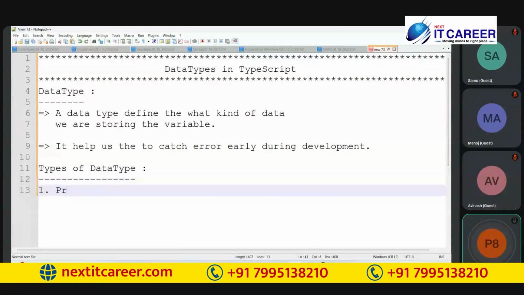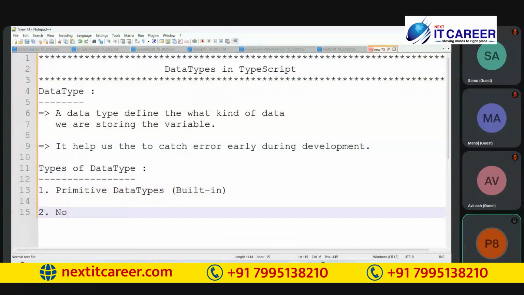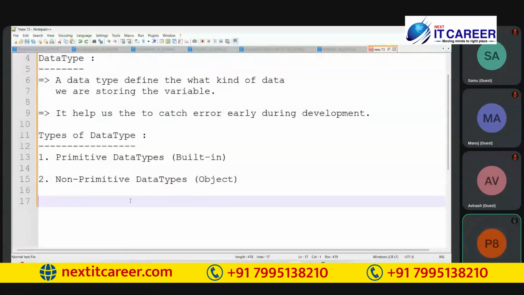One is primitive data types, which some people also call built-in data types. The other is non-primitive, or user-defined, data types. So in TypeScript, we have these two data types.